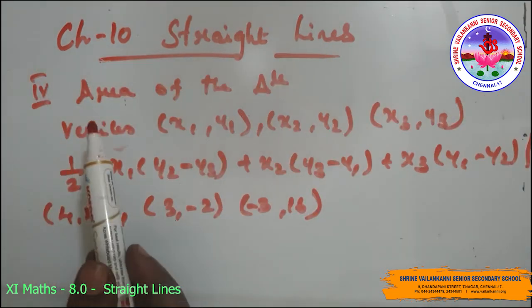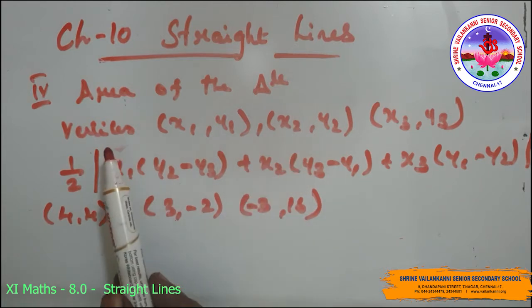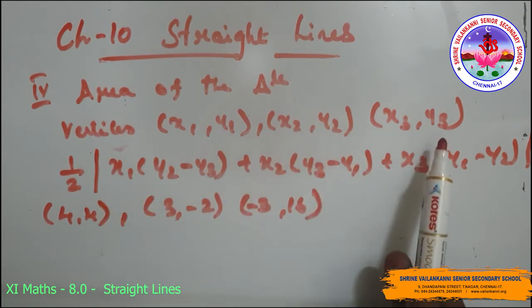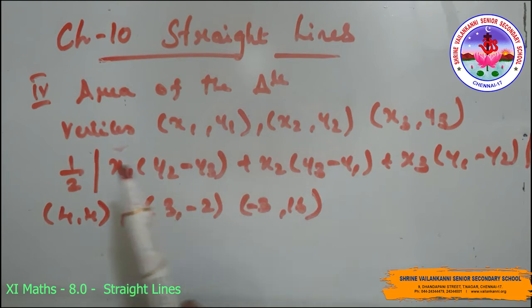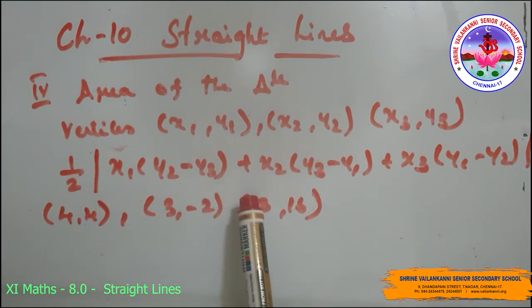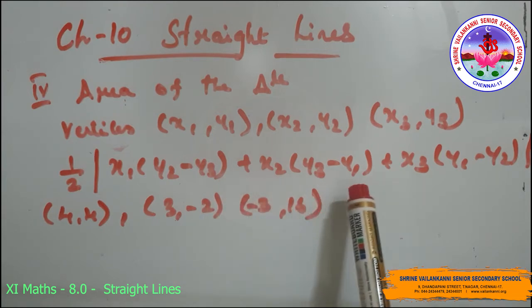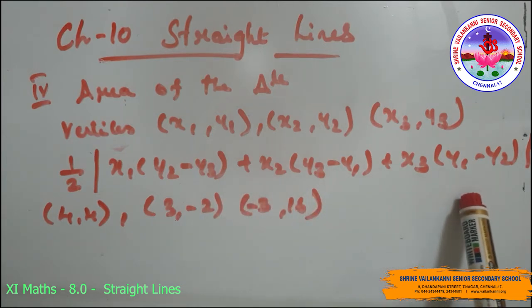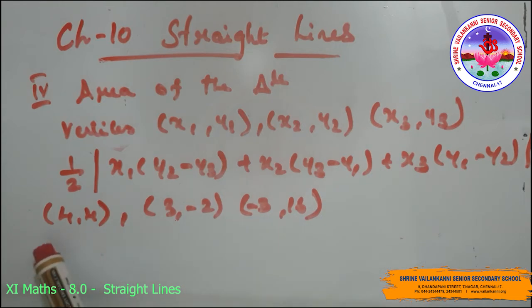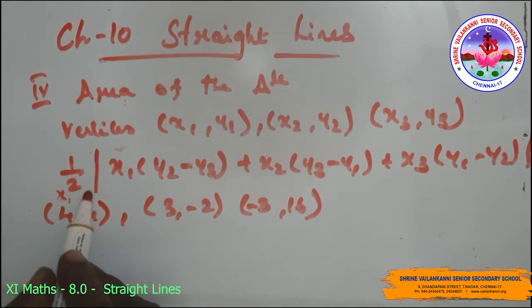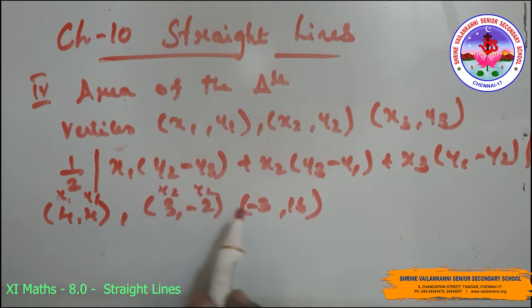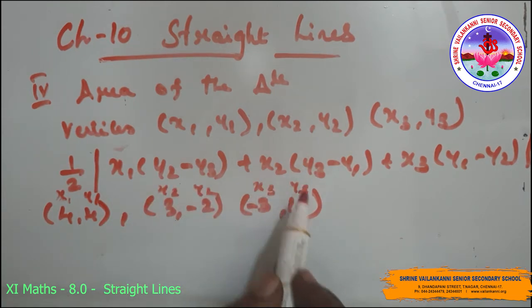Fourth one is the area of the triangle whose vertices are (x1, y1), (x2, y2) and (x3, y3). Then the area of the triangle is half of x1 into (y2 minus y3) plus x2 into (y3 minus y1) plus x3 into (y1 minus y2). For example, the vertices are given as (4, 4), (3, -2), (-3, 16). So this is (x1, y1), (x2, y2) and (x3, y3). So using this